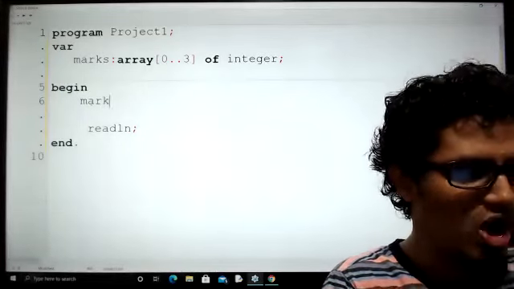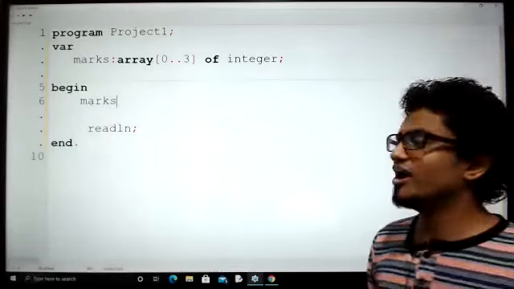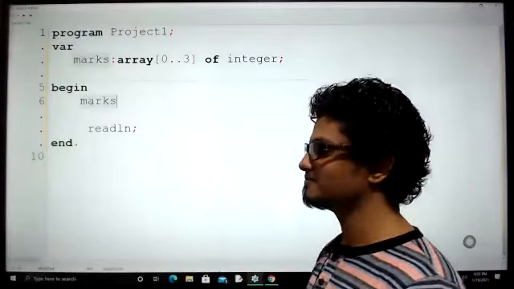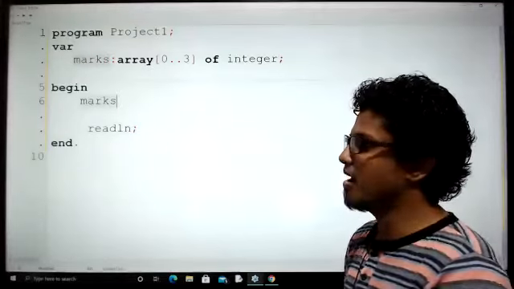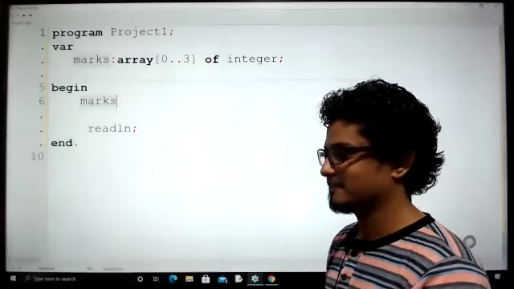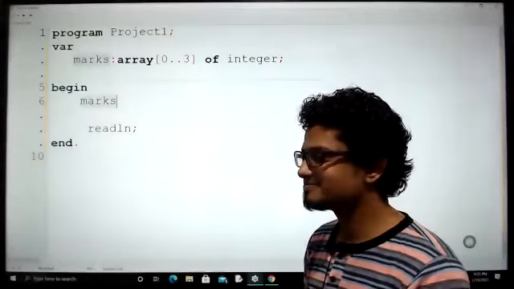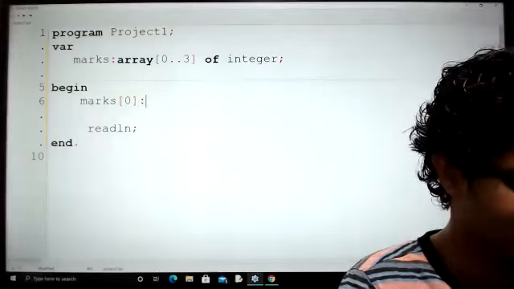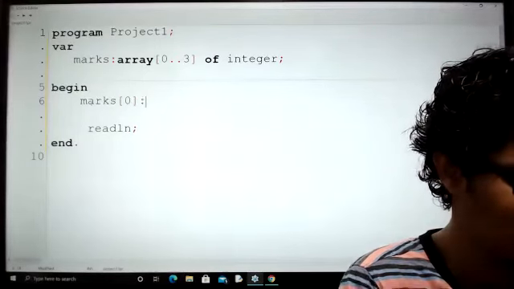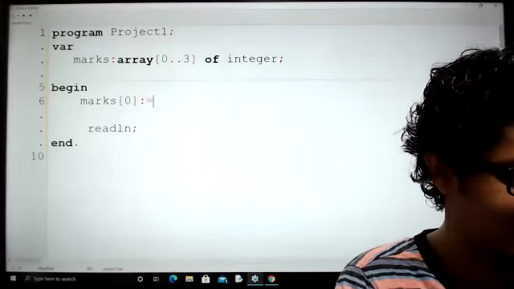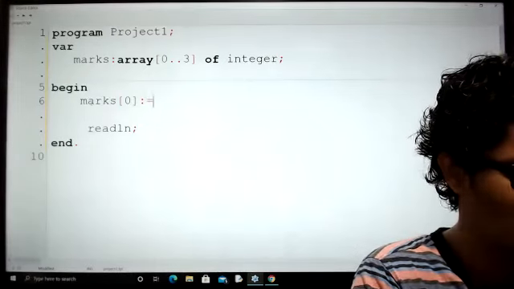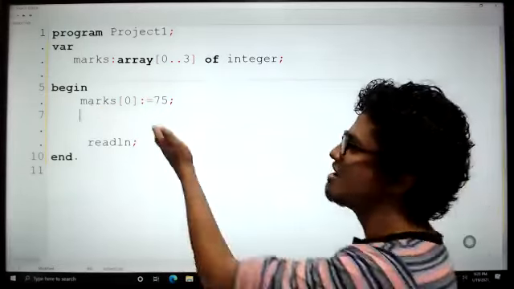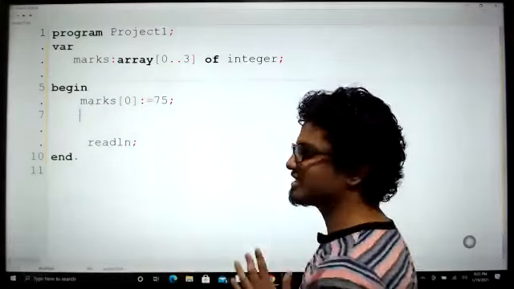Now if I want to assign a value for the first element of this array, what should I do? How can I access it? Marks what, kids? Marks what, kids? 0. Perfect. Kamindu, can you mention the link again in the chat screen? Some of the kids want the link again. Now let's say I'm going to have 75 kilo. Any other value doesn't matter. I'm putting that the first element is going to have 75.